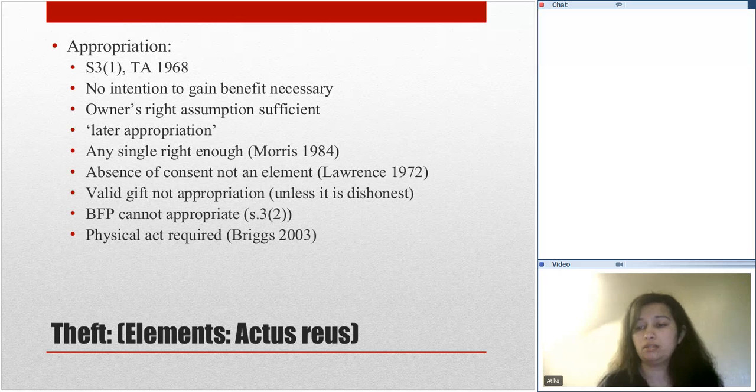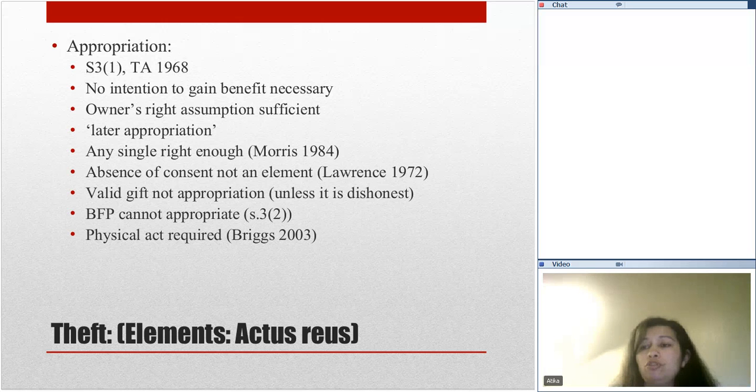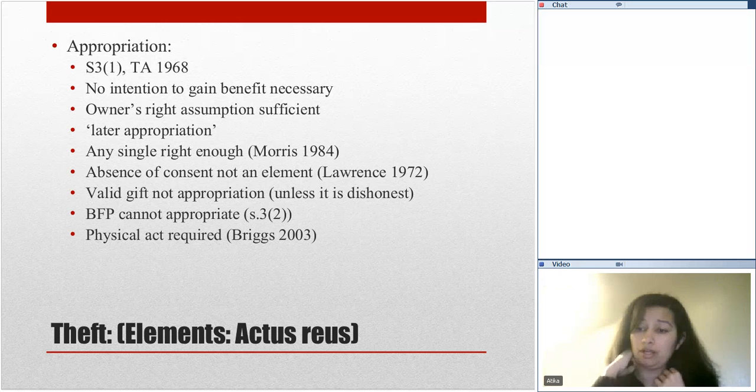These rights include cases where he has come by the property innocently. I mean, it doesn't have to be in bad faith. It can be innocent as well, without stealing it. Any later assumption of the right to the property, by keeping or dealing with it as an owner, is going to be appropriation. Okay, for example, doing something with the property that an owner has the rights to, like buying,